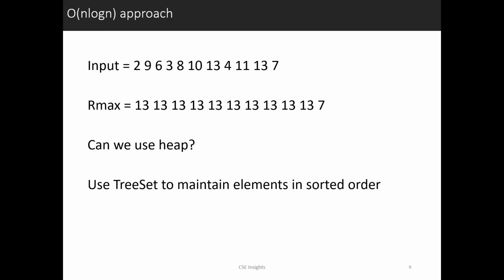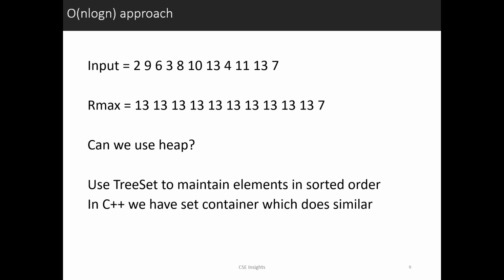So you have to find a proper data structure here. TreeSet in Java serves this purpose. Whenever a new element comes in, it adds the element in order of log n in such a way that the list so far is sorted. In C++, we have a similar data structure called set, which does the same thing. It helps us maintain a sorted order, and we can use this set container to retrieve the value which is less than a particular value and which is maximum.